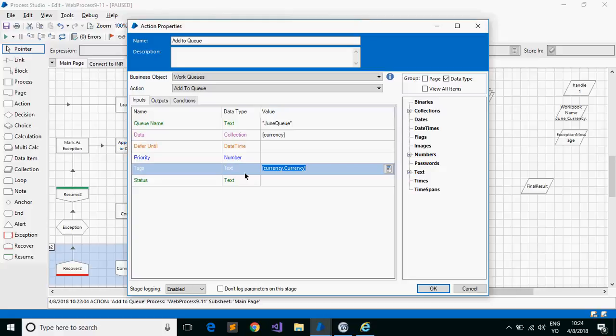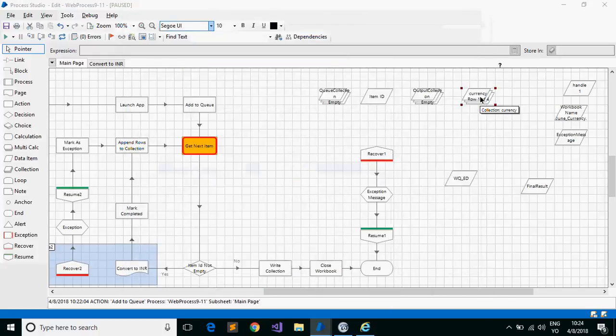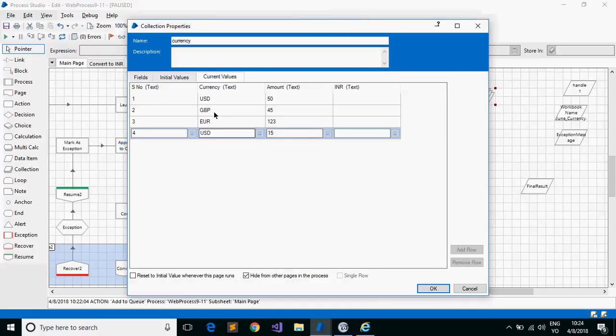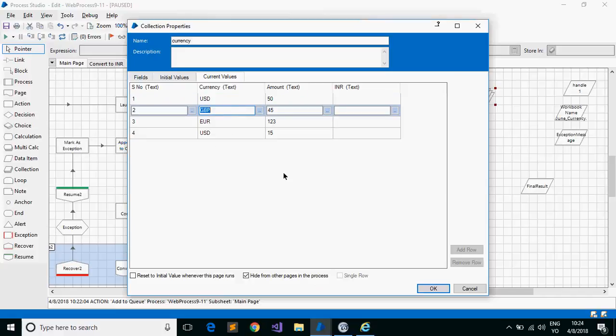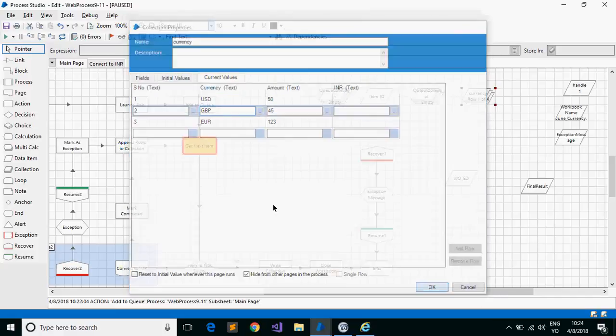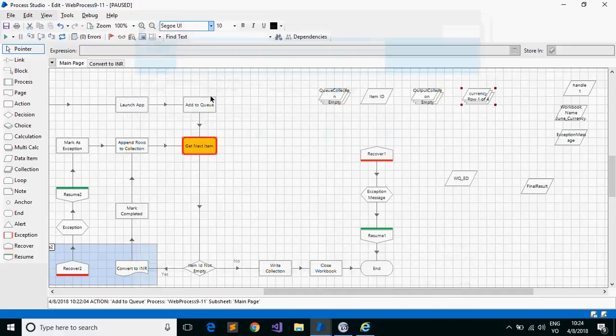We are going to assign an individual tag for each of the rows, whichever is correct. So for example, the first row in the work queue should get a tag of USD, the second one is GBP, and so on. But the problem here is because we are doing everything in a bunch, we are not segregating at a row level. It is taking the first one as a tag. So what we are going to do is